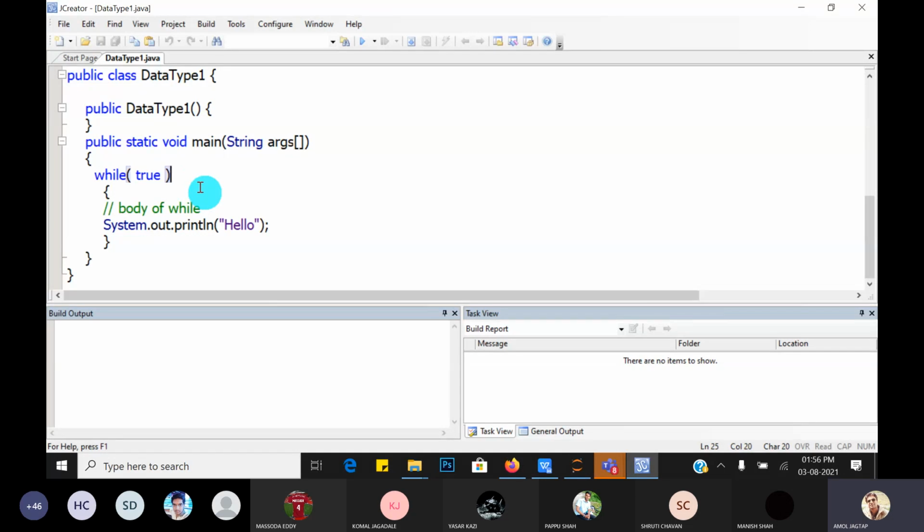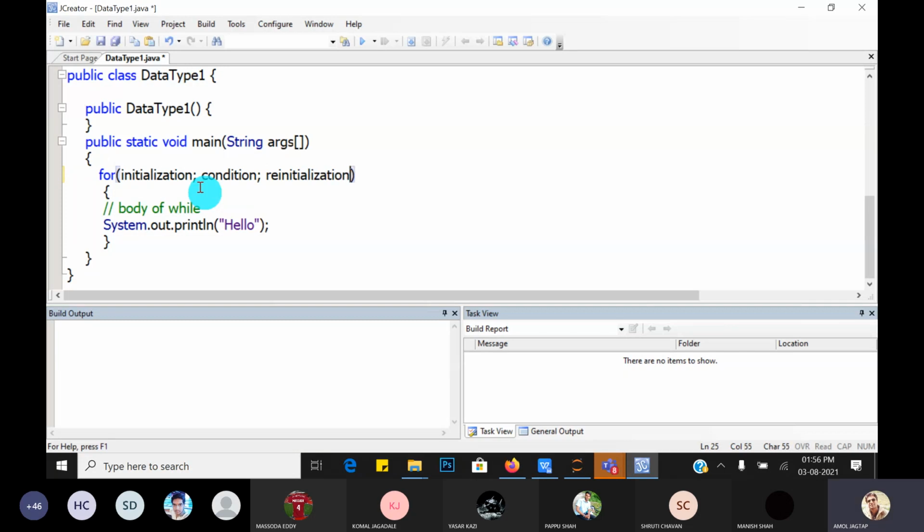But guys, I have another question. What happens with a for loop? What is the syntax? Initialization, semicolon, condition, semicolon, and then reinitialization.